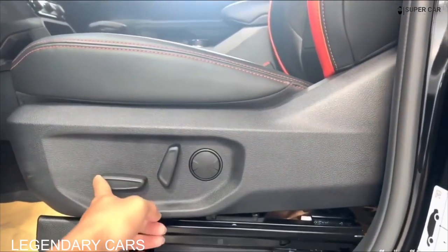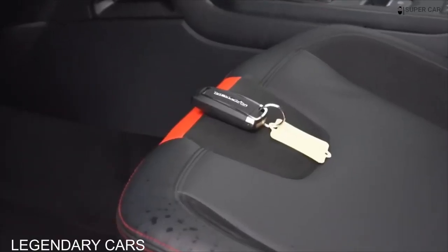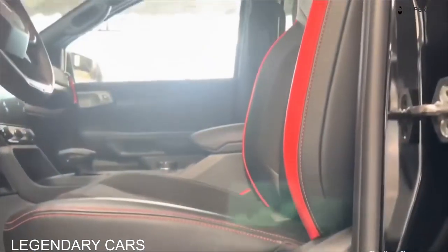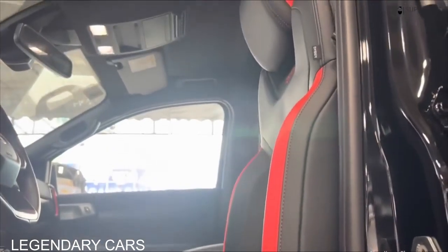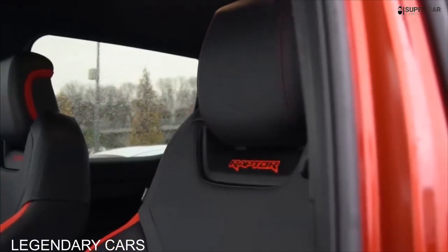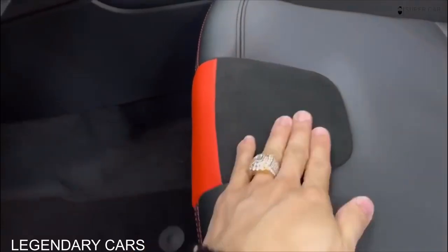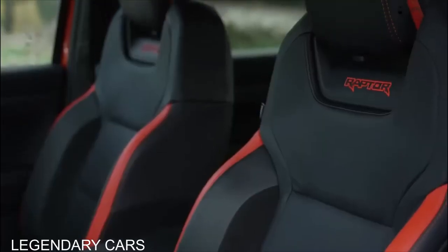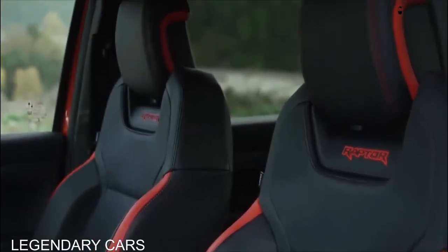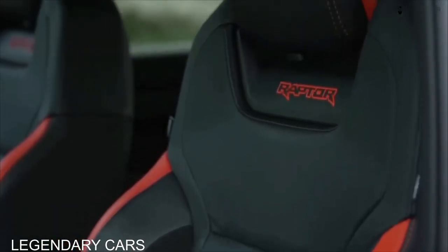More on that later. The Raptorized Ranger will be slightly different from the regular version. While we still wish for a lot of hard plastic and some rubber material, Ford is beautifying the cabin with exclusive content. The foreign version offers leather and micro-suede upholstery and very strong front seats. In addition to a pair of aluminum paddle shifters, the steering wheel must sport a red band at 12 o'clock,